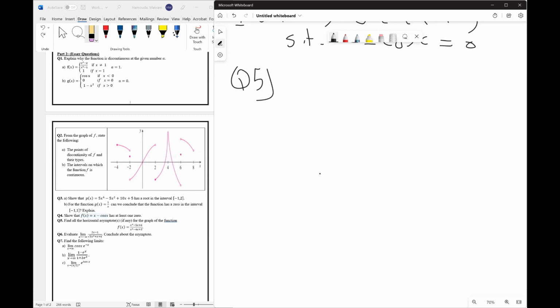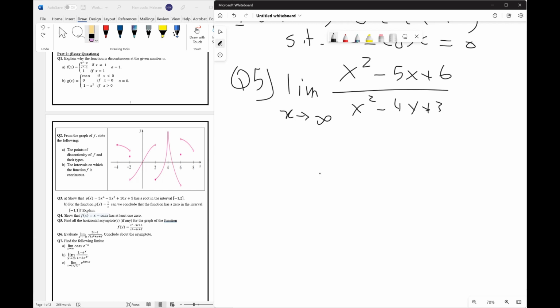For the horizontal asymptotes, we need to compute in general the limit at infinity and minus infinity. But here we can do both plus infinity and minus infinity at the same time. So I will compute the limit of f of x when x approaches infinity. So I will have x squared minus 5x plus 6 over x squared minus 4x plus 3. In fact, this is an indeterminate form, so I need to remove this indetermination by taking common factor